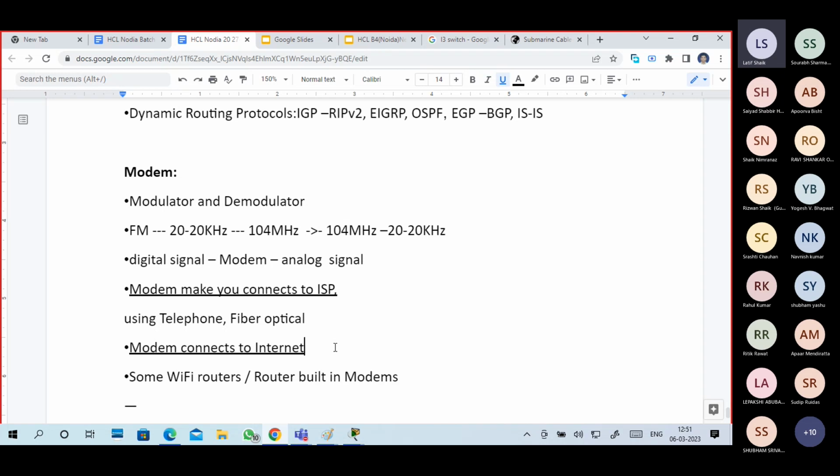You tune it, and you will hear a certain channel. How is that? In frequency modulation, they add a high frequency signal to your regular baseband signal and transmit. Okay, so that is an example of a modem.